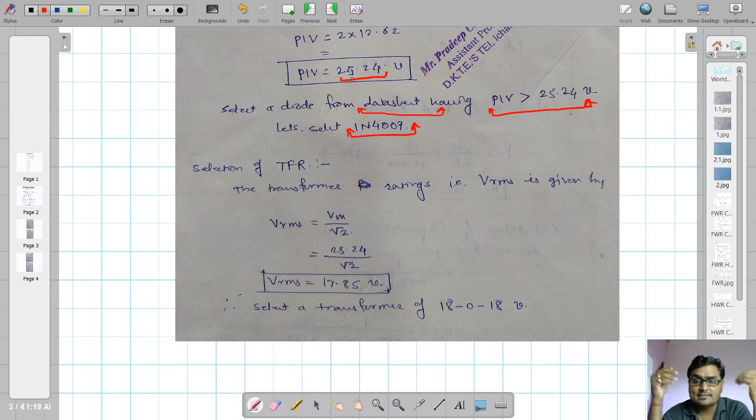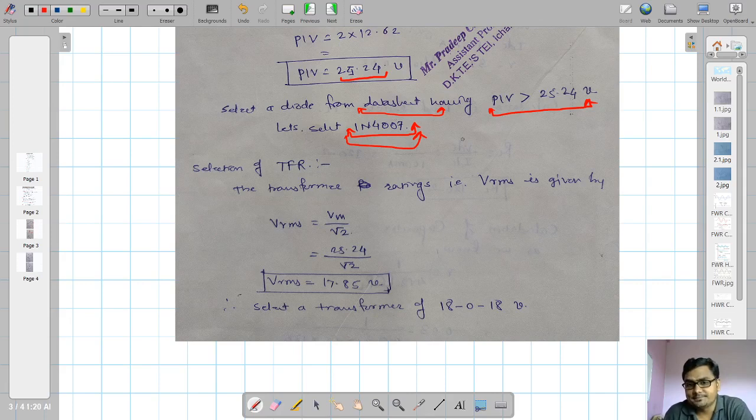It is a name, a model number given to the diode. For example, a cell phone has different models, like MI 6 Pro, 7 Pro. My name is Pradeep, your name is Sashank or something. It's just a model number given to the diode. Every diode has its own specification and rating. So before starting with this, please see that lecture related to datasheet study. So this is the selection of diode. From the datasheet, I am going to select this diode.